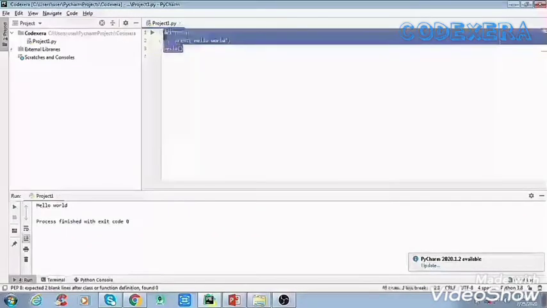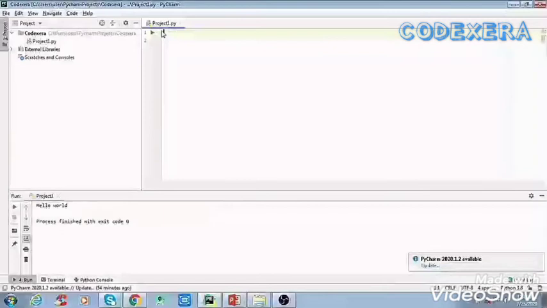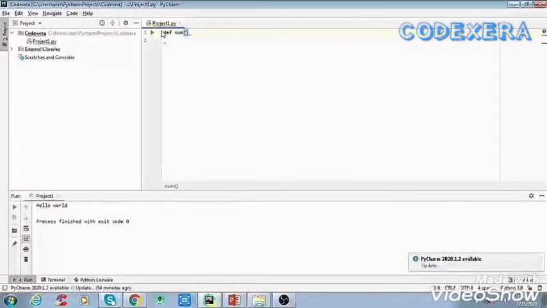By using the return statement, I will define a function, that is def sum.